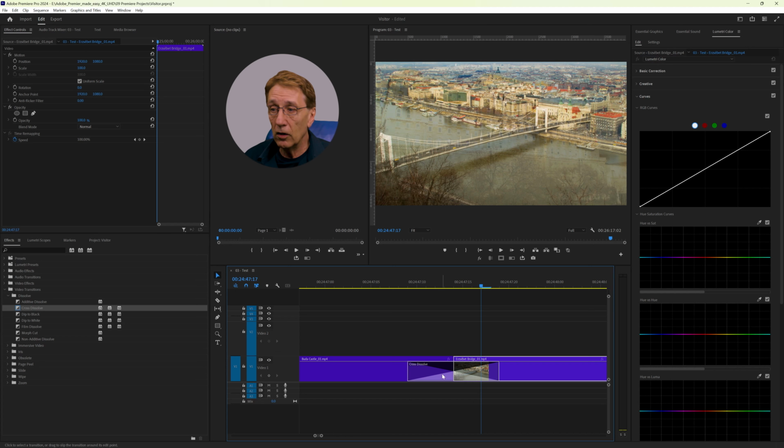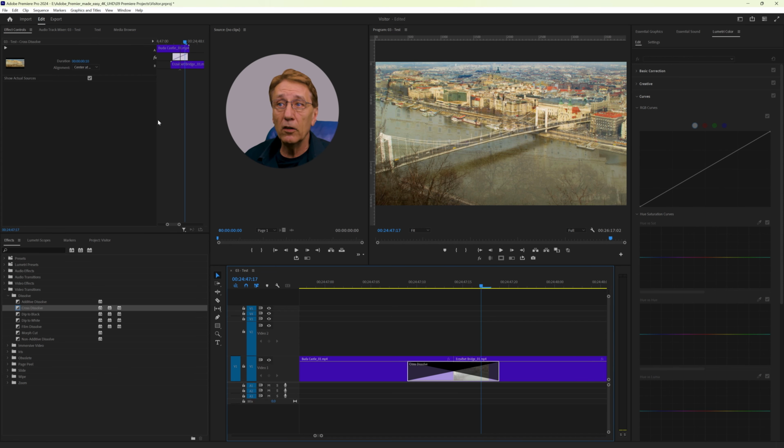And I can also click on the transition, not on the clip, but on the transition. And here my effect controls. Now I see the parameters for the effect controls. And you see the duration of the dissolve is 10 frames. So I can set it to 12 frames because that's what we wanted to have, half a second roughly. And now it is 12 frames from the center. If I want it to be longer, let's say 20 frames.